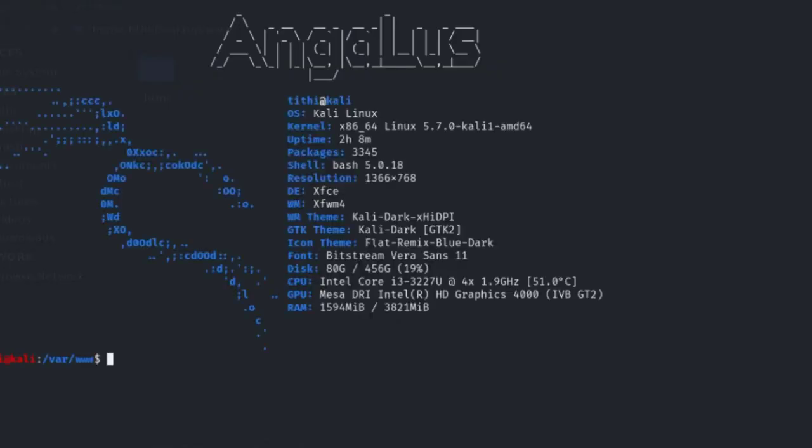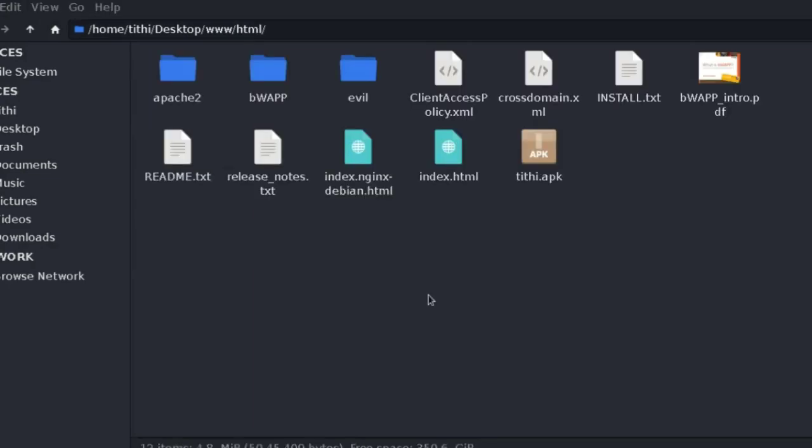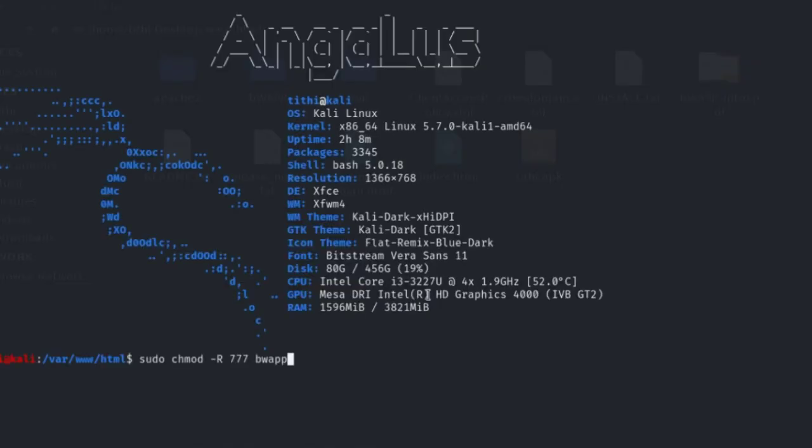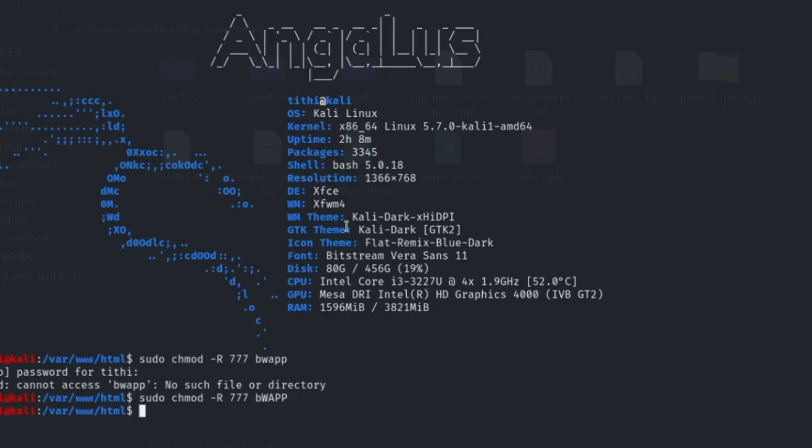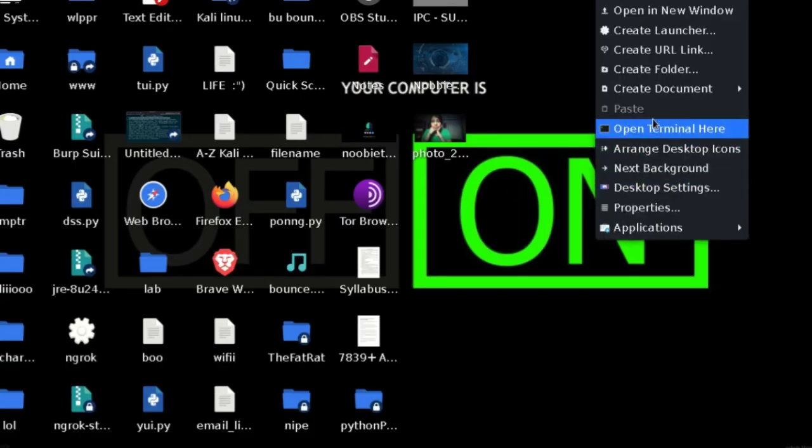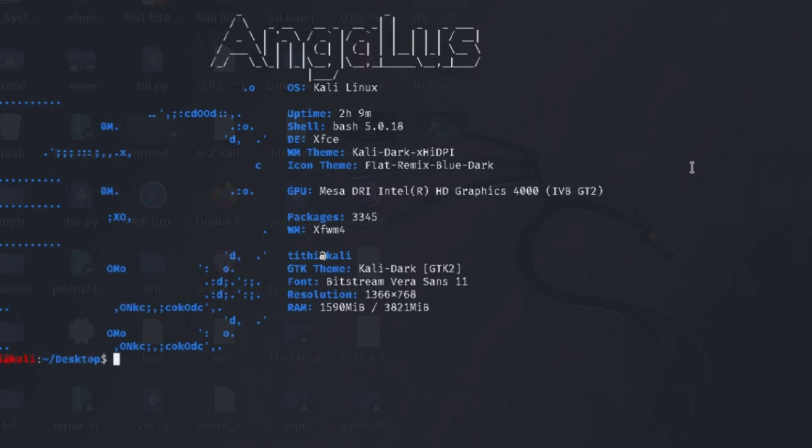The next command is the chmod command. This is a very important command. This gives the permission to do something with any file or give permission to anything. This is also quite a high level command that I am telling you. Just see, here I am typing sudo chmod -R 777 BWAP. BWAP is a pen testing platform, so I am giving the permission so that I can access it. There's a science behind the 777 binary to decimal. That's a different topic though. This will give the permission here.